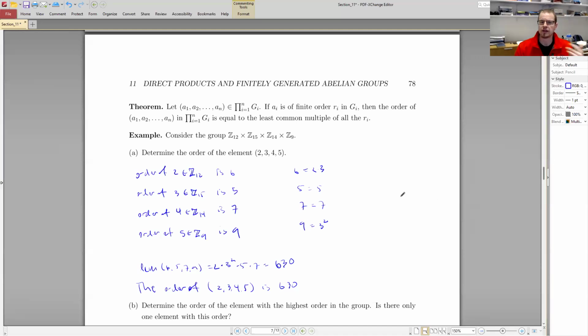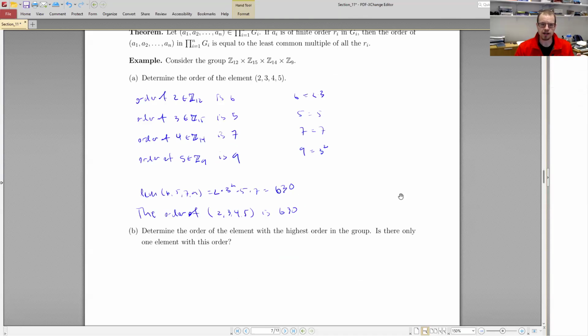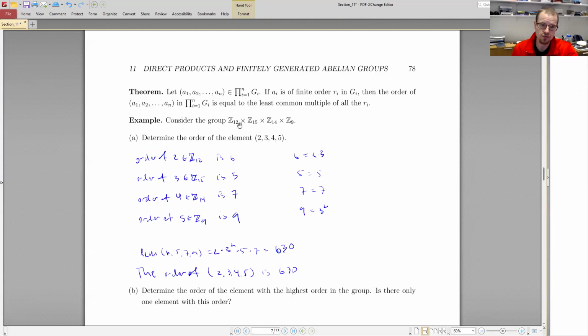All right, so we found the order of a particular element. We want to determine the order of the element with the highest order in this group. Is there only one element with this order? So essentially, what we're looking at is in the individual groups, Z12, Z15, Z14, and Z9, each of those are cyclic, and so we can use the generator to be the element itself of the highest order,